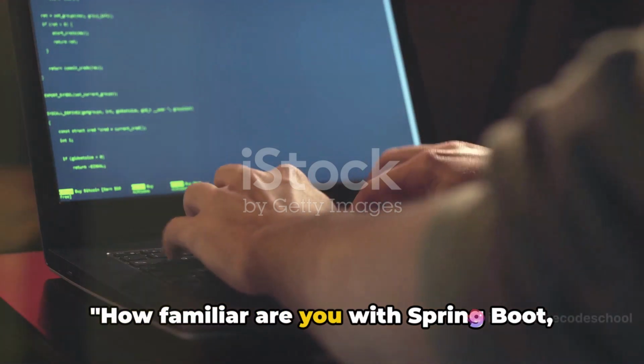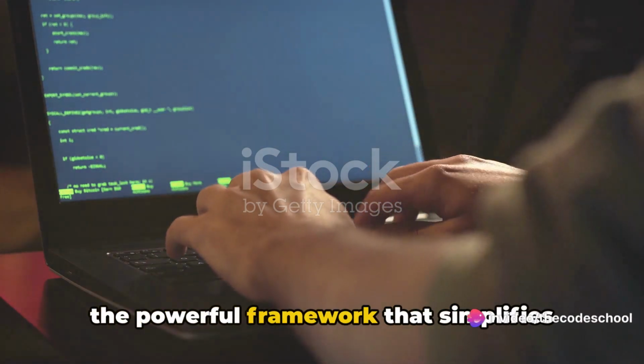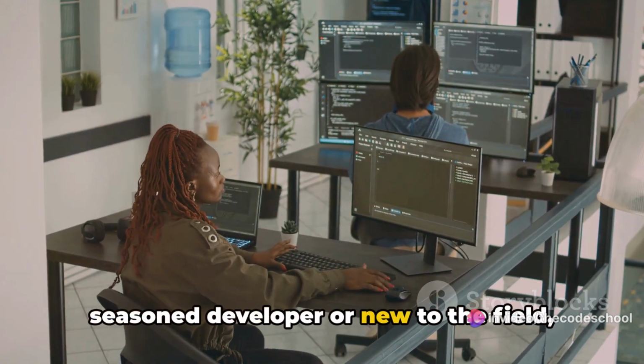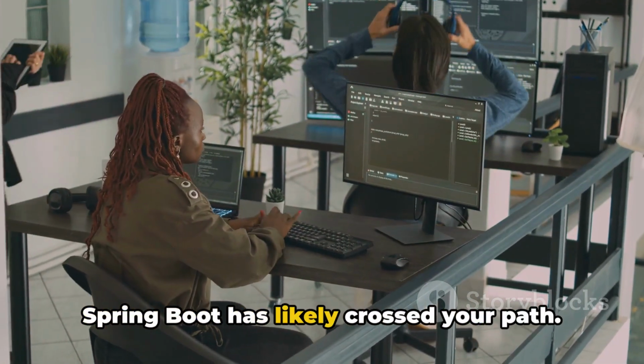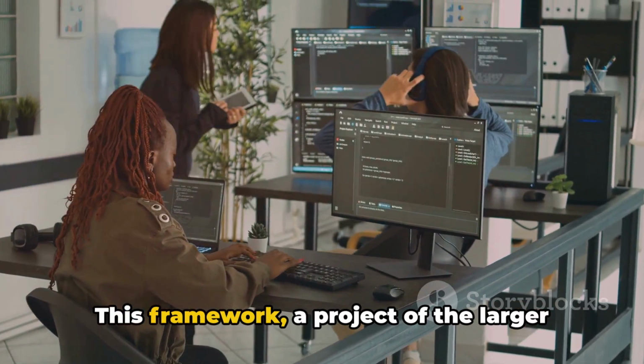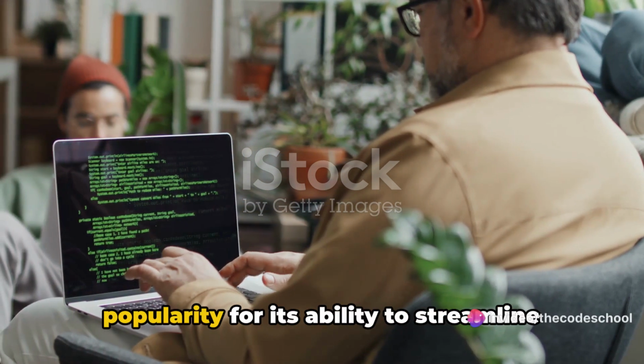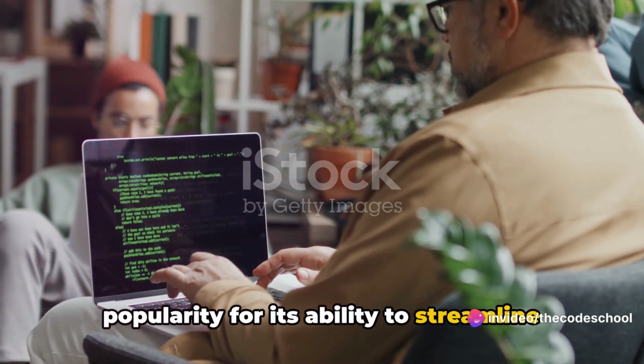How familiar are you with Spring Boot, the powerful framework that simplifies Java development? Whether you're a seasoned developer or new to the field, Spring Boot has likely crossed your path. This framework, a project of the larger Spring framework, has rapidly gained popularity for its ability to streamline Java development